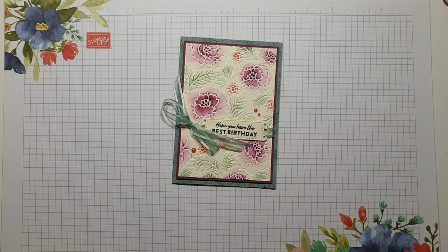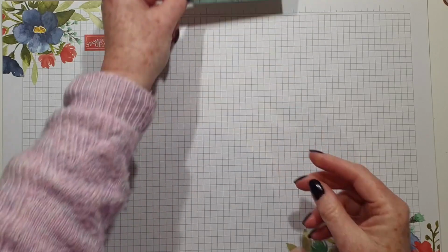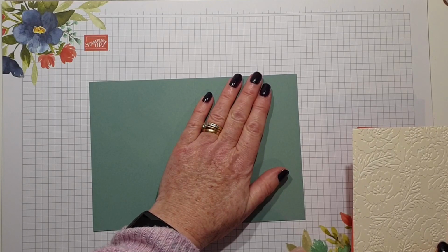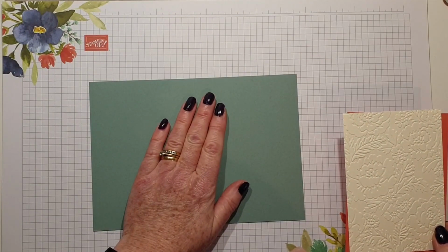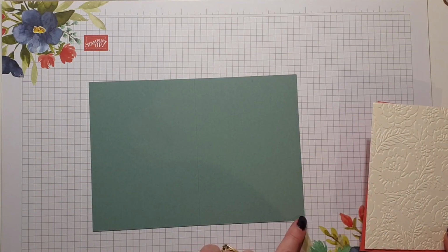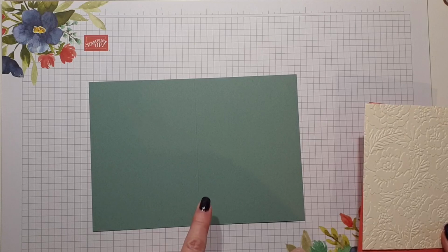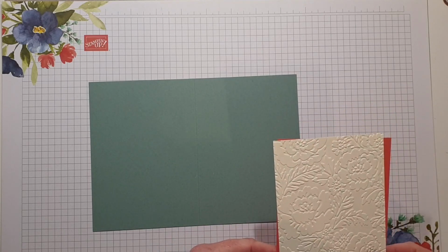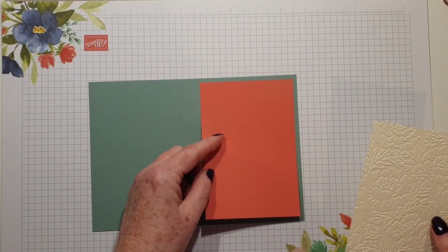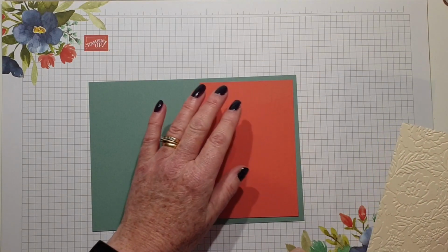I always think I've got everything ready and then I haven't, so I'm going to keep with the same colour tone. I've got Soft Succulent base, and that is half a sheet of A4, so it is 21 centimeters by 14.8, and it's scored at 10.5 centimeters. On my original card, I had a matte layer of Rich Raspberry, but this is Calypso Coral, and that measures